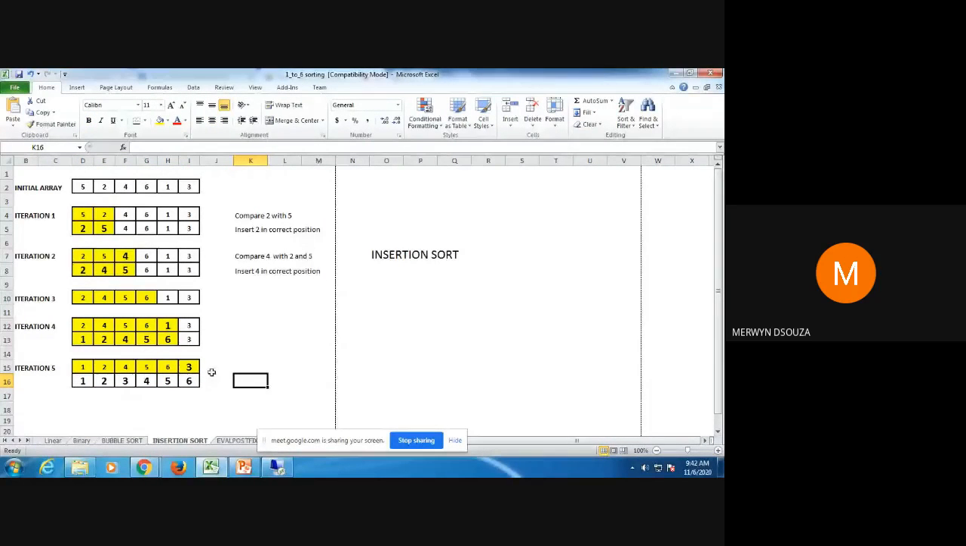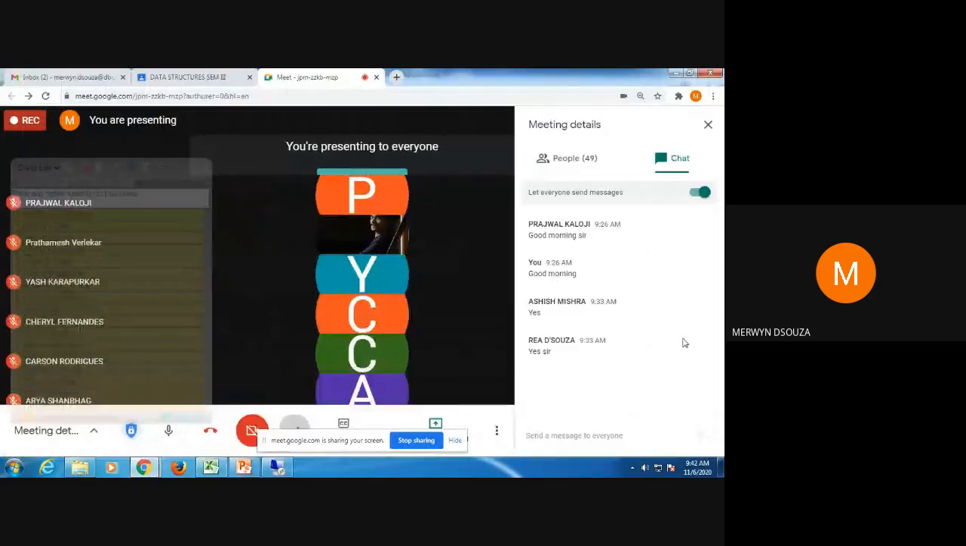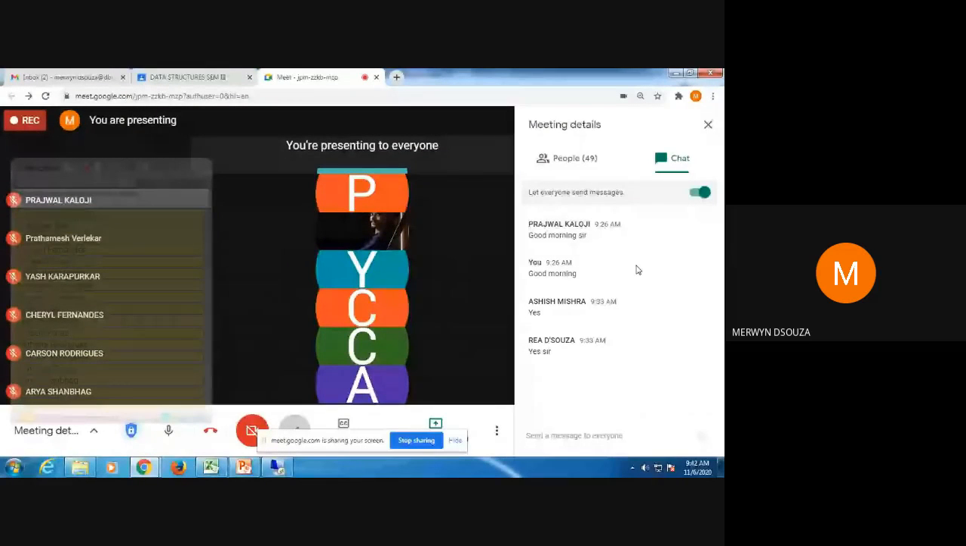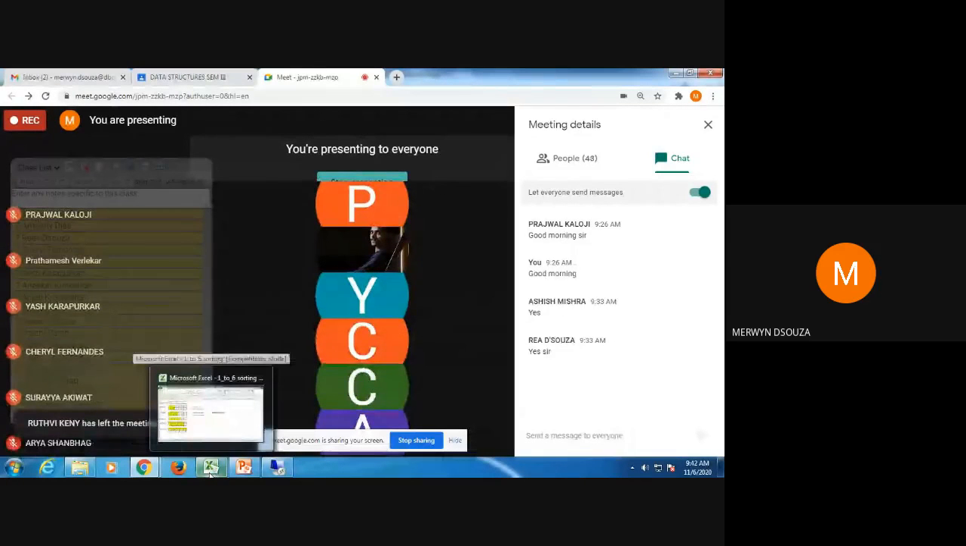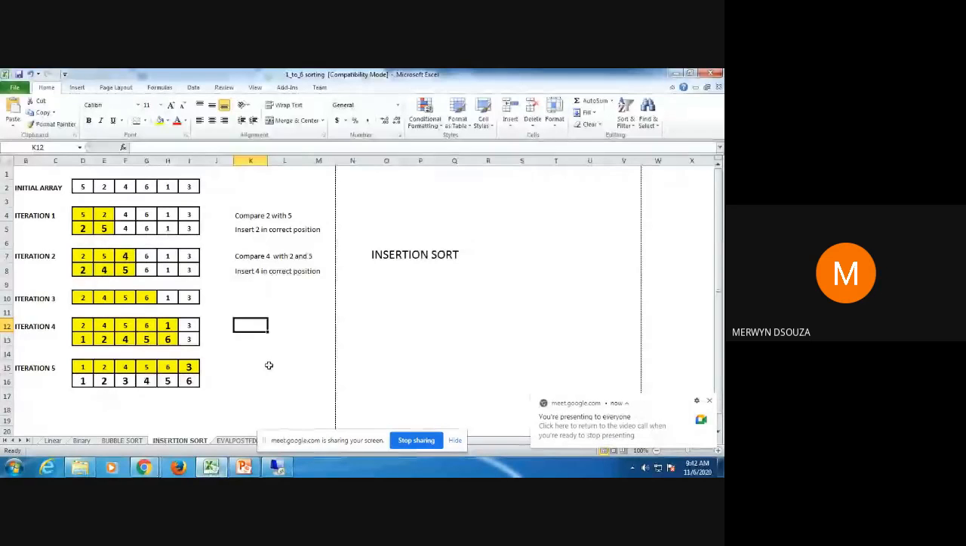Do you all have any doubts about what I just told you about insertion sort? You can type your questions in the chat here if you have not understood. Is it okay with everyone? Do you all get it? Okay. So now,